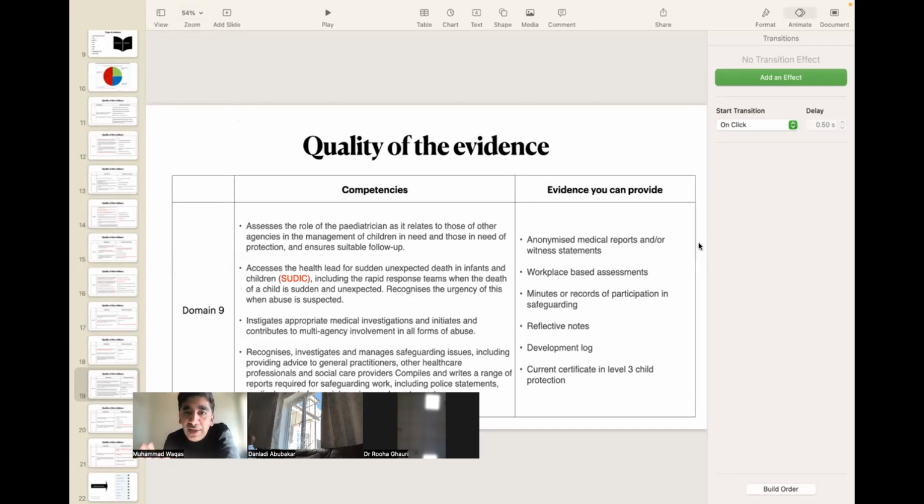So what you are giving evidence of is that you know the medical legal bits of things, and you know what to give as a witness statement. So you should not hide facts, and you should be unbiased in your opinion. You are only providing the facts and not the interpretation of facts. You don't have to interpret the facts, you have to present the facts only. So that is what you are providing.